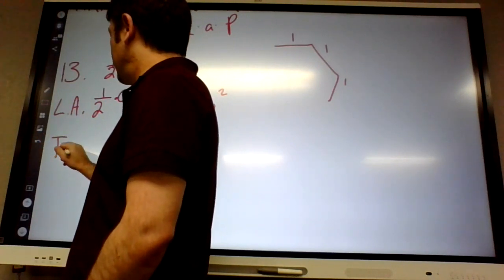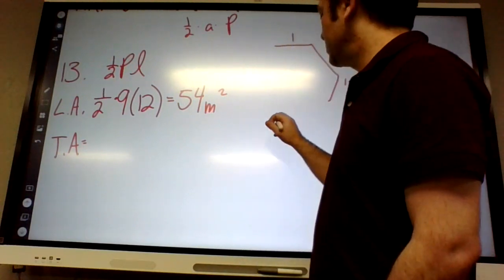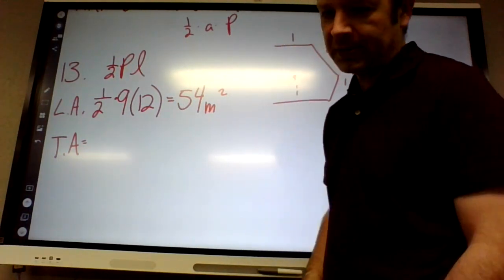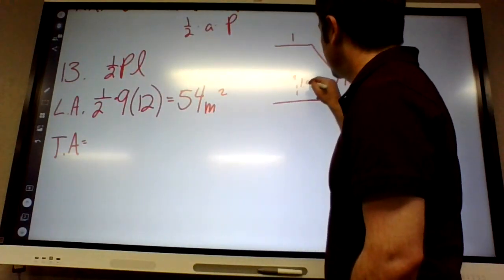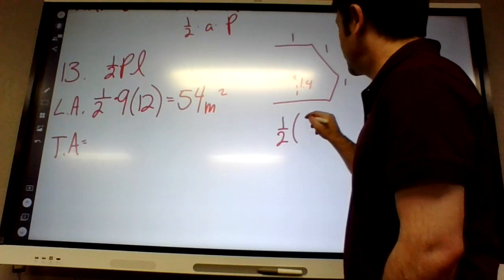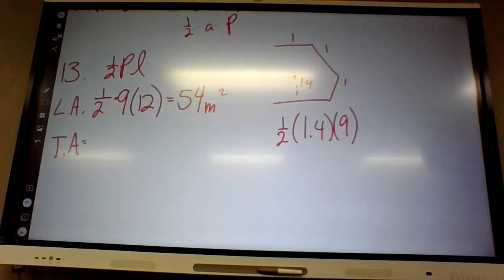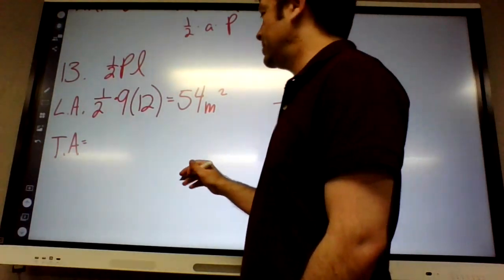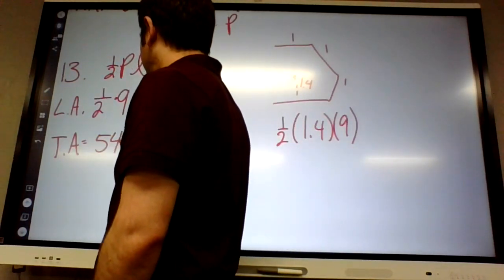To get the total area, we need to add on the area of the base. So again, they tell us the apothem is 1.4. So I'm going to use 1/2 times apothem times perimeter. I think that one comes out to 6.3. So it's area of the lateral surfaces plus